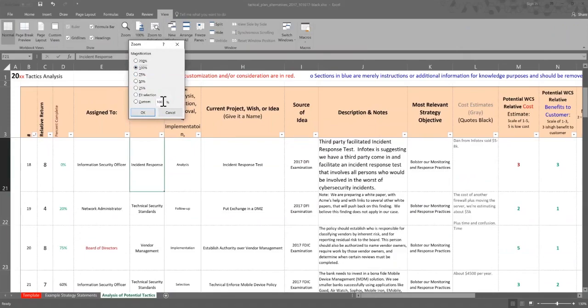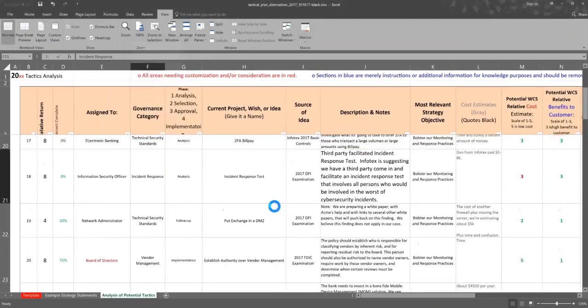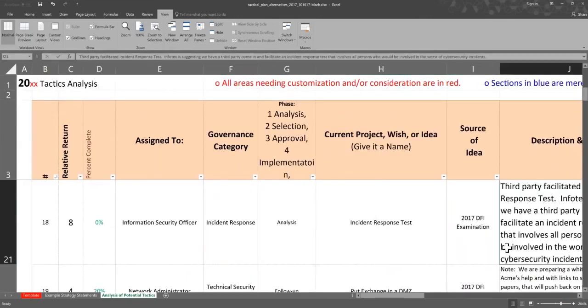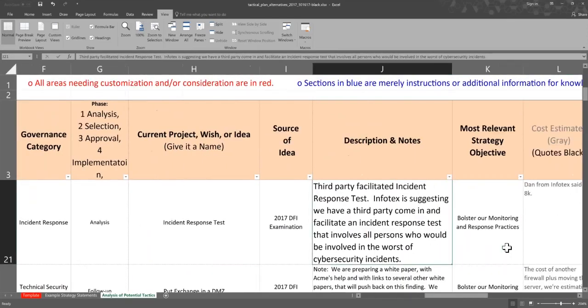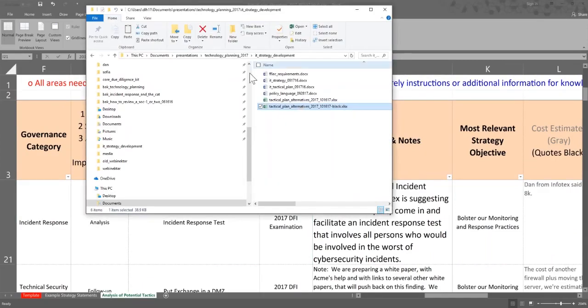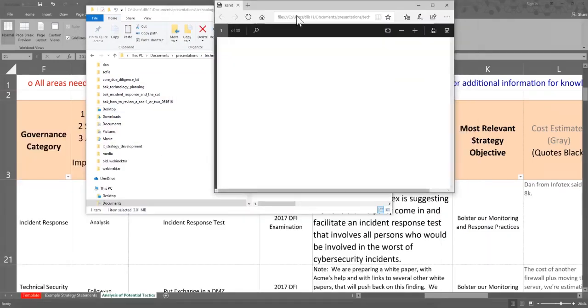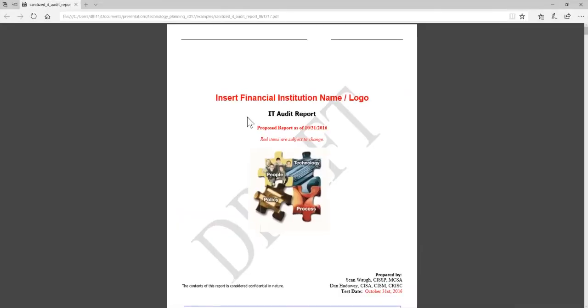And I'm not saying again that these tactics are really, there is a feature down here I have to start learning how to use. Okay, so that's a little bit much, but if we look here, here's a tactic. Now what I also did is I pulled in an audit report, our sanitized audit report. Let me jump out and show you real quick what I'm talking about. I decided that maybe the example should also show you how we can get findings from our audit reports that haven't been addressed yet, of course, and you already have audit tracking, and so you might want to leave it there. But if it's a finding that's going to take a lot of work to